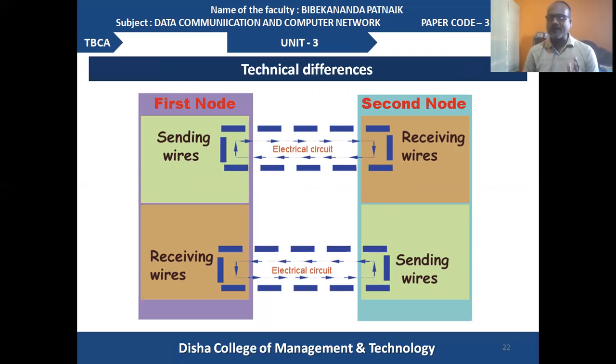So here what you have to do is that more than one signal can be combined in a single data stream. To combine the signals of multiple nodes, a widely implemented technology is called multiplexing. As you know, there are mux and demux. What does multiplexing mean? Many signals are converted into a single signal, that is many to one. After that, the one signal can be communicated over the subsequent medium from one node to another node.